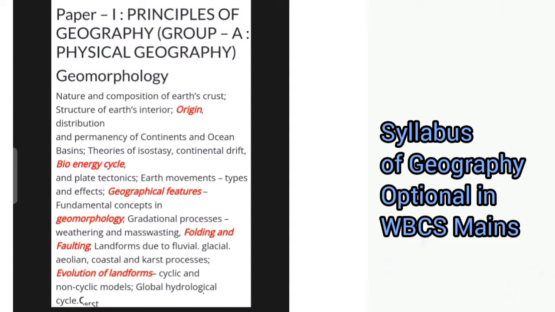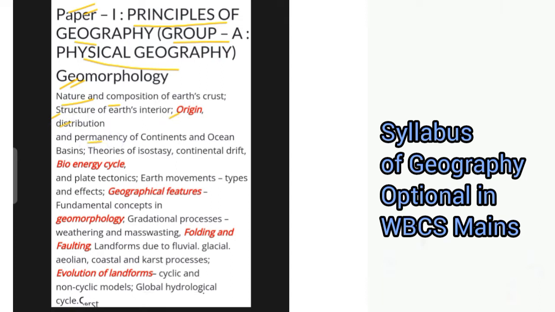Let us start discussing the paper 1 syllabus first. Paper 1 deals with the principles of geography. Let us start with Group A, which has physical geography in it. Starting with the geomorphology section, here you have nature and composition of Earth's crust, structure of Earth's interior, origin, distribution,